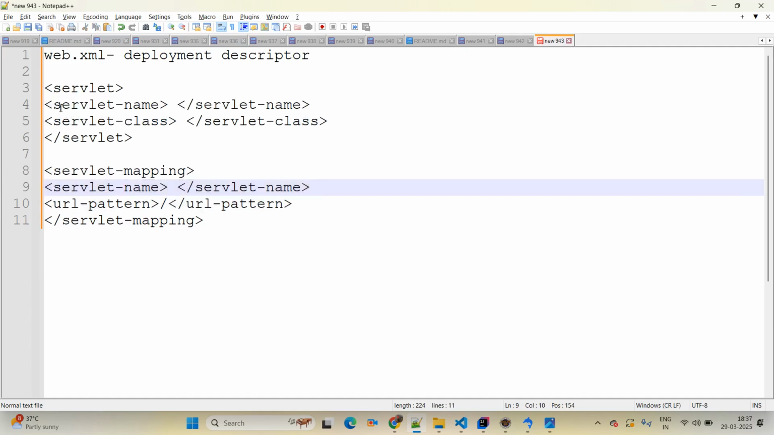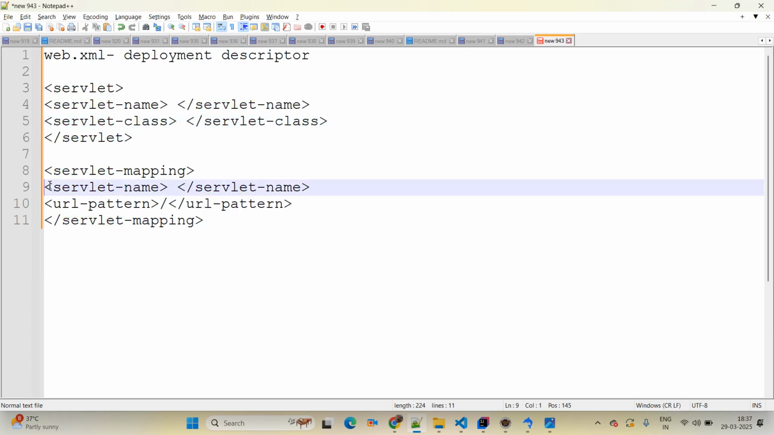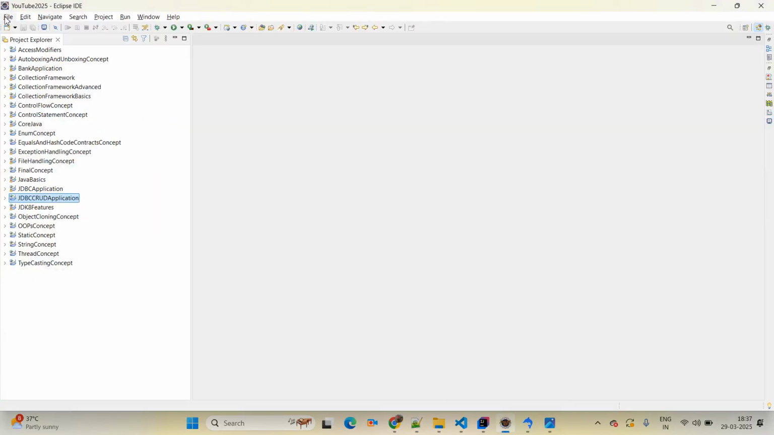Then whatever servlet name you are giving in servlet, the same you need to give in servlet mapping as the servlet name. Otherwise you will get an issue like 404. Then simply come up with the practical session here. Come up with Eclipse, come up with the file